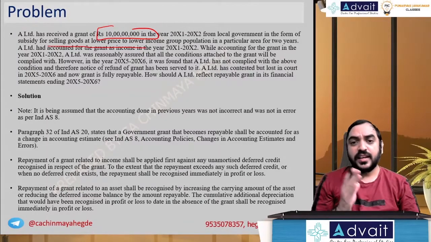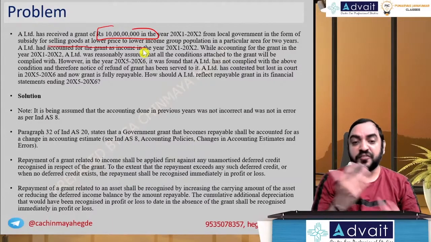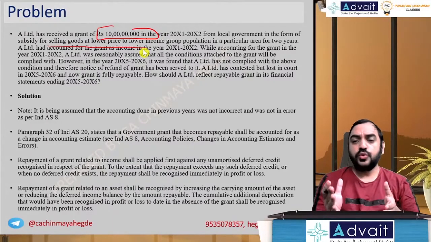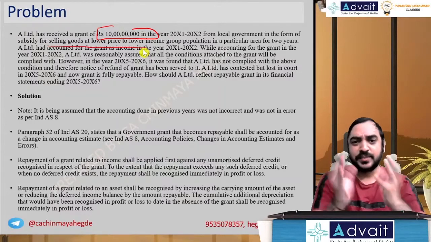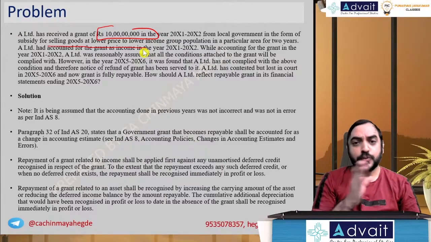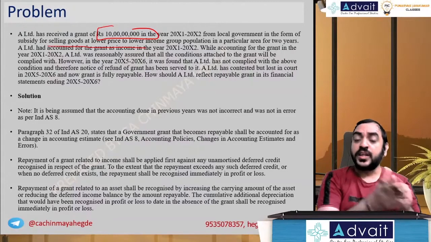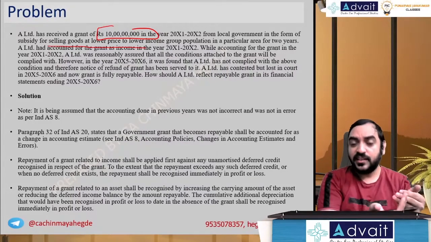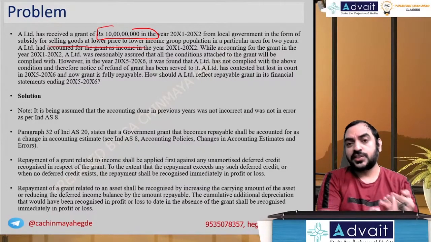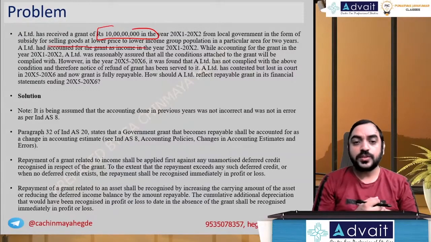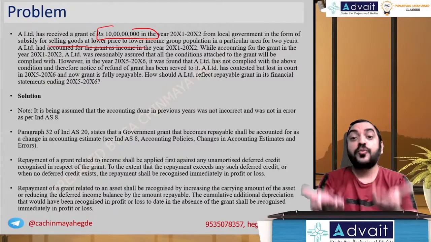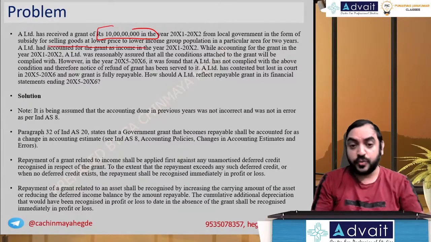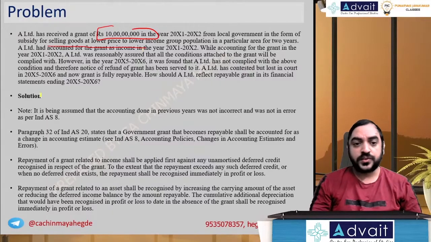So basically, when a refund of grant occurs, whatever you have done earlier, now you have to reverse it. As simple as that. Previously, you would have taken this to income because this is towards a sales concession, selling price concession. You would have taken it to the P&L account, and therefore when the refund has to be done, you should still take it to the P&L account. Let's see what the institute says.